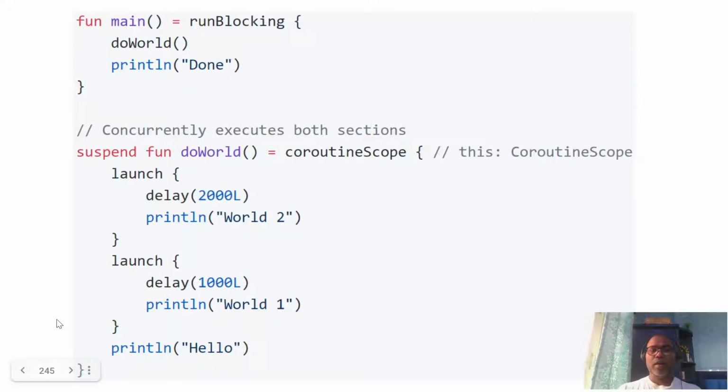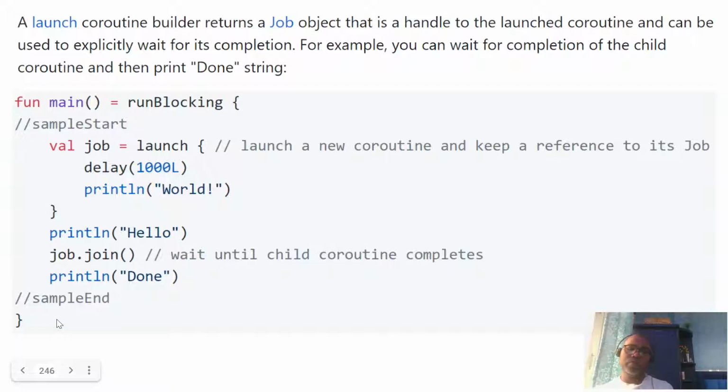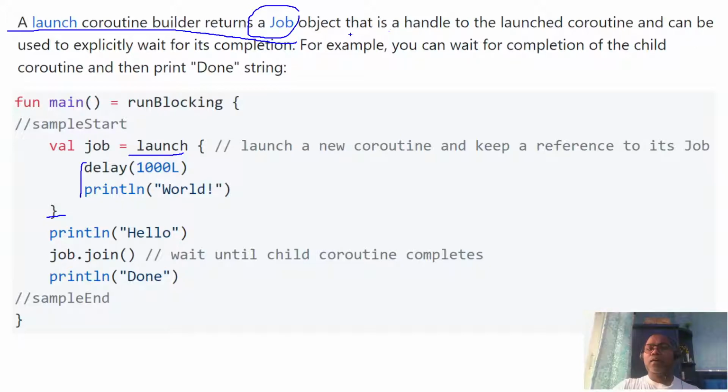Lastly, whenever you are using launch to launch any set of code, the Kotlin library returns a handler for you. The launch coroutine builder returns a Job object that is a handle to the launched coroutine and can be used explicitly to wait for its completion.